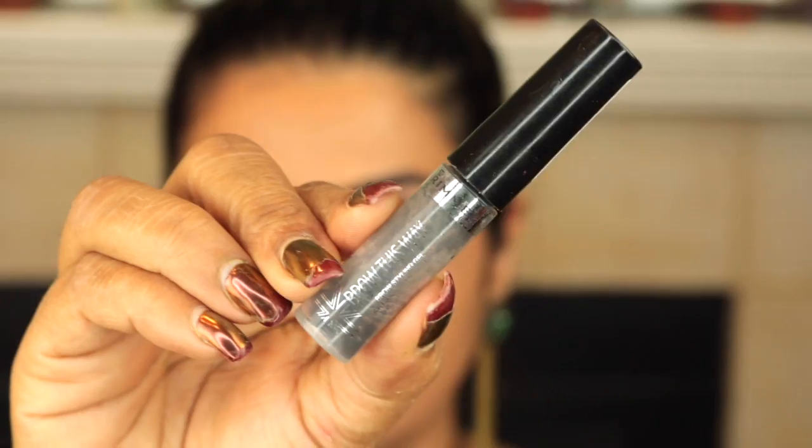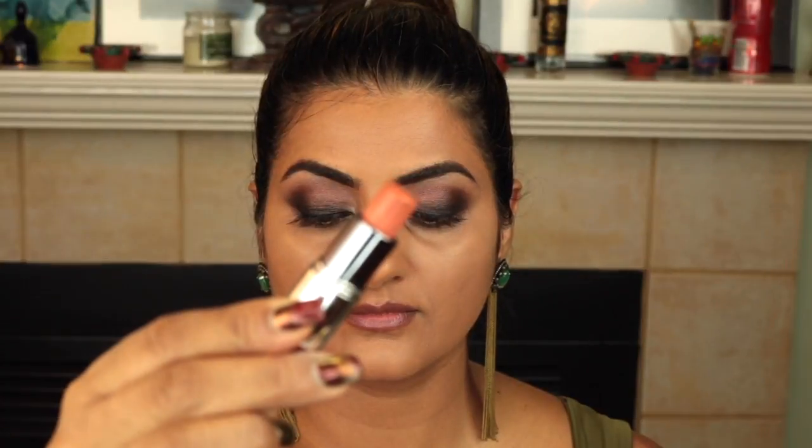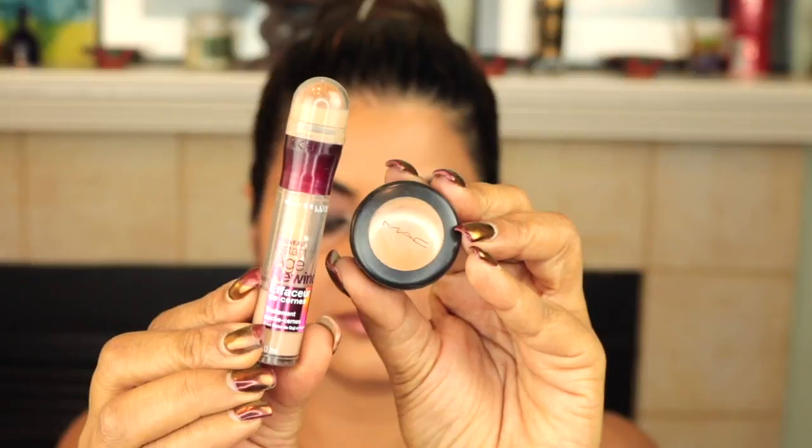Now I'm going to set all the hairs in place using this Rimmel brow gel, and going back to my base I'm using this orange color corrector from Cover FX under my eyes and around my mouth to cover any pigmentation I have so that the base is quite flawless. You only need very little of this. I pop it on and then use a brush to blend it into the skin. It really neutralizes all the darkness under my eyes so that the smoky eyes pop once we are done with